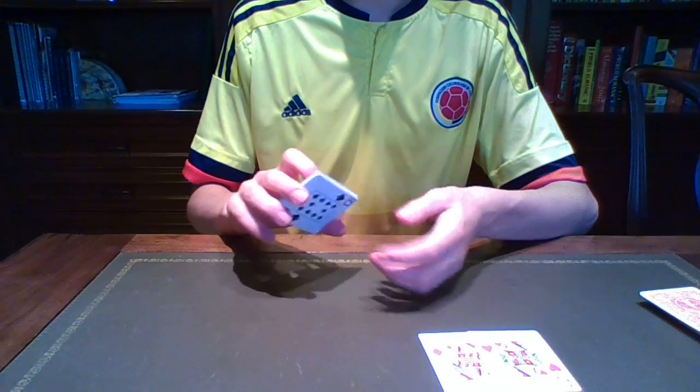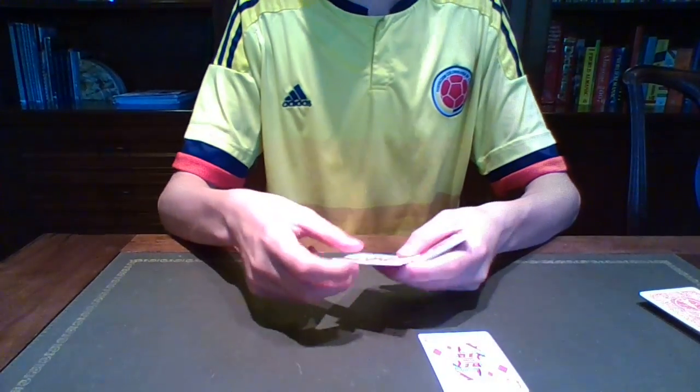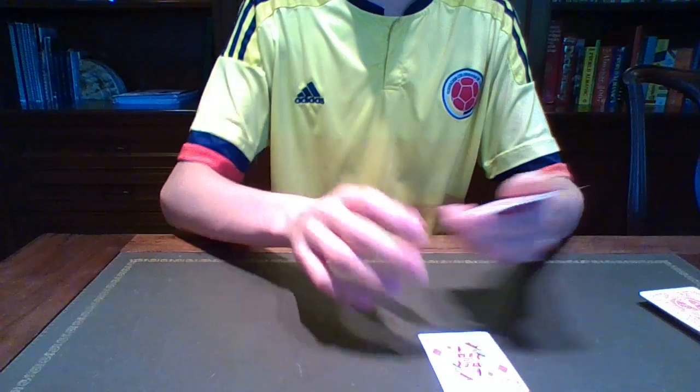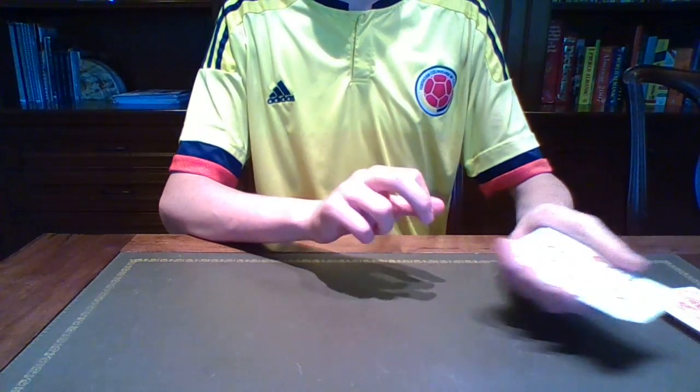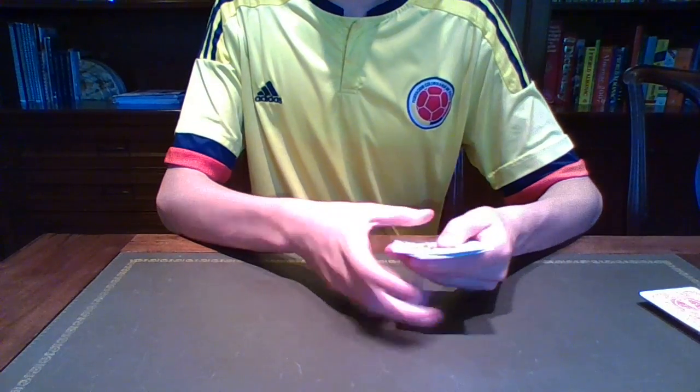So you have their card on the bottom, and then what you say is, I'm going to take the first red queen, put it on the bottom, take the second red queen, put it on the top. Doesn't really matter which one you put on the top or the bottom. And then you can make up your own little story. You can say, oh, well,